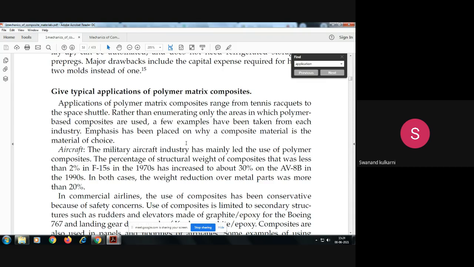Then the terminology related with the composite material, inside which what is matrix, what is reinforcement, then which are various types of matrix materials, which are various types of reinforcement materials,